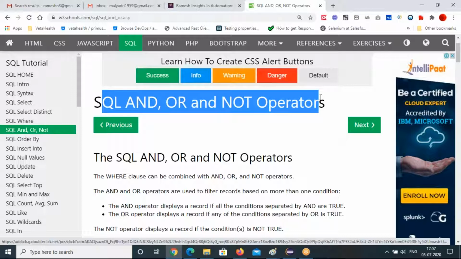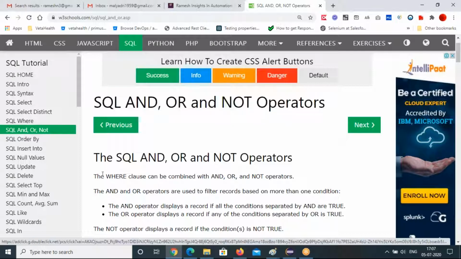All these you can apply on the WHERE clause. So AND, OR, NOT operators can be combined with the WHERE clause.